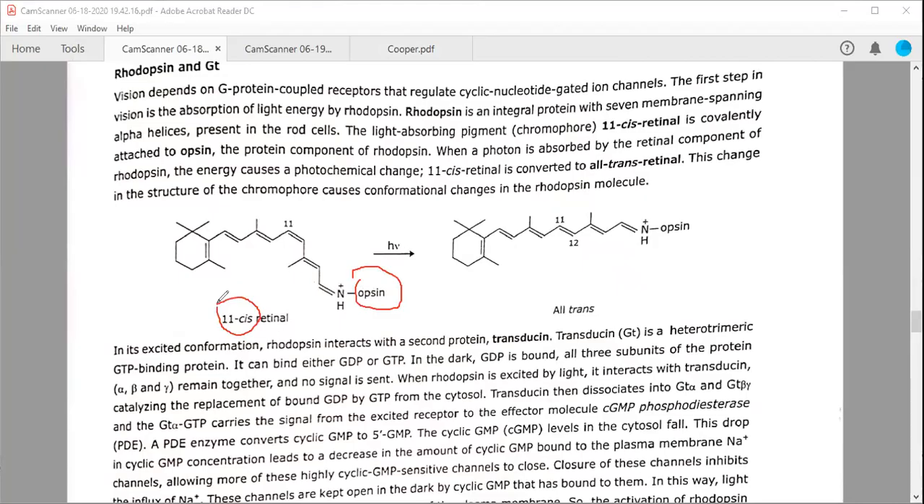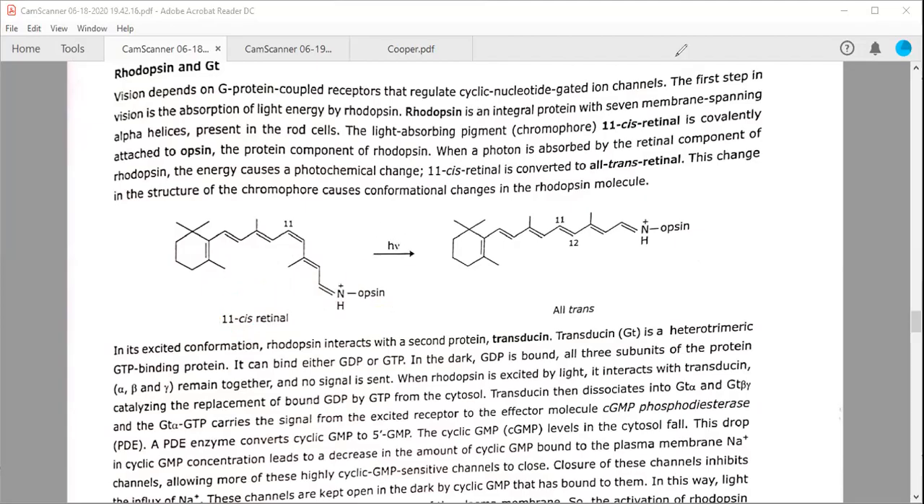So this 11 cis retinal is coming from vitamin A or beta carotene, which we take in our diet. So now you can understand that vitamin A or beta carotene has a very important role in our diet. So we should take it in our diet on a regular basis. So okay, when a light signal comes, it can be seen